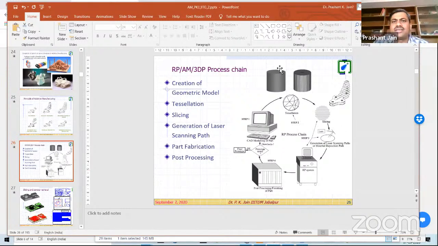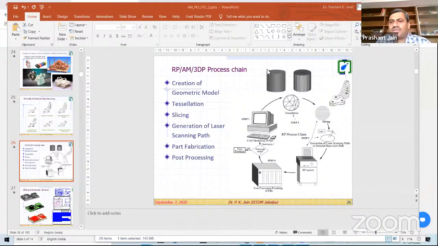What is the difference in two cylinders? I hope now you can unmute yourself and you can talk to me. First circular and second is polygon types.